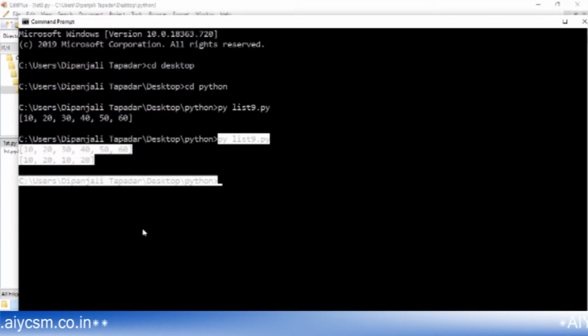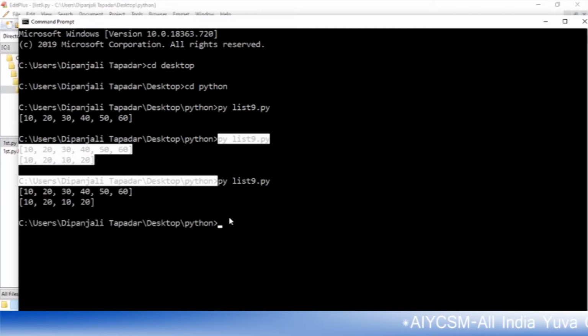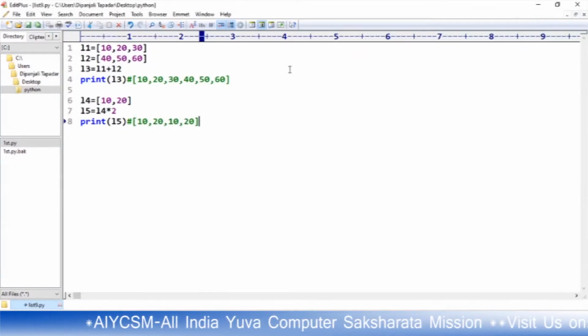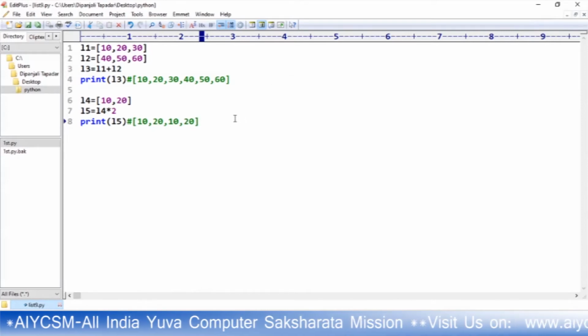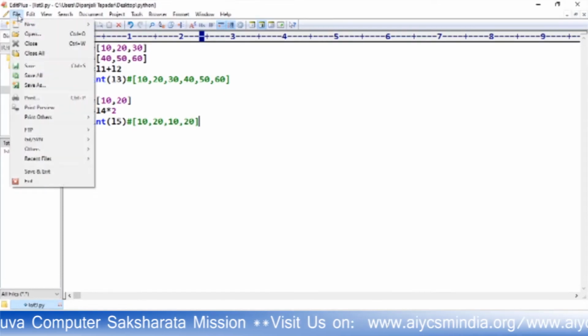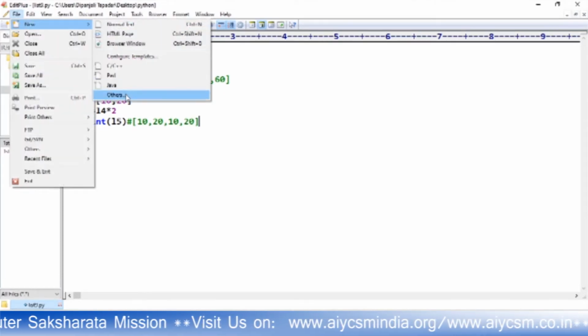You can run it again, you can see 10, 20, 10, 20. This is the output. So we discussed the concatenation operator and the repetition operator here.